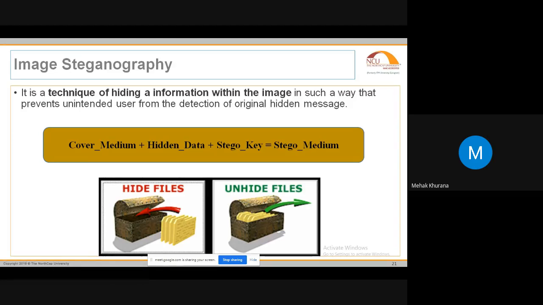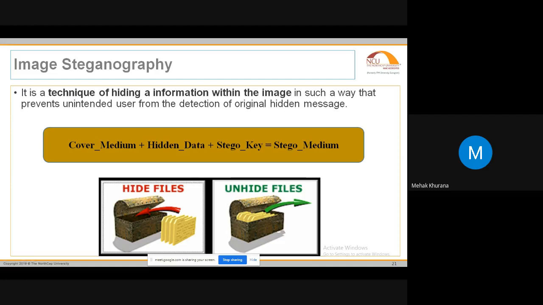You can see the image below. There is a text in the form of yellow pages, and that is kept in a tijori, as we call it. We keep it inside the tijori, and whenever the message has to be revealed, the things are taken out from that box and shown to all the concerned people.